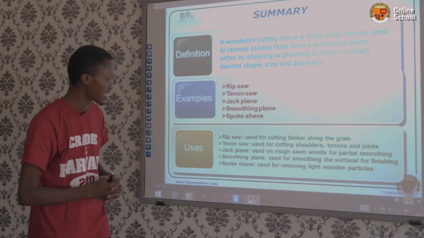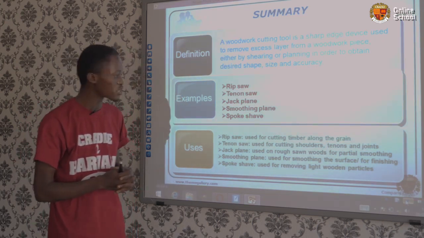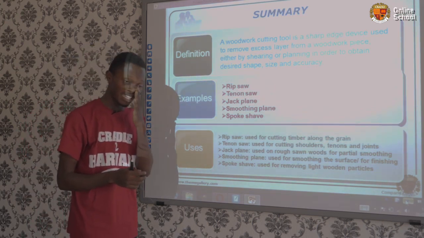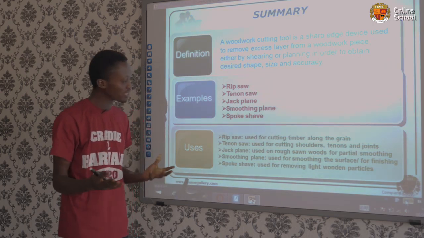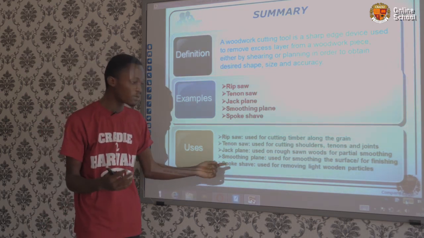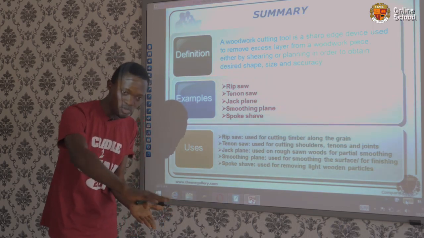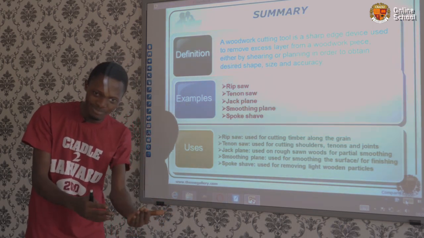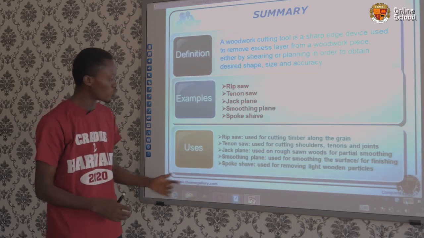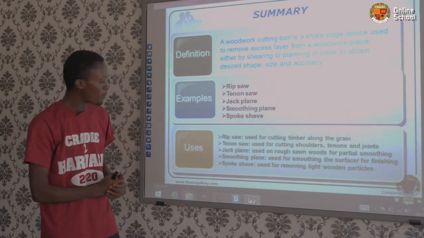The spoke shave, like I said, is used for removing light wooden particles. Like I said, most carpenters, they wouldn't want to make use of this, but in cases where it's required, just to smooth an edge or towards the edge of the wood, they'll go best for the